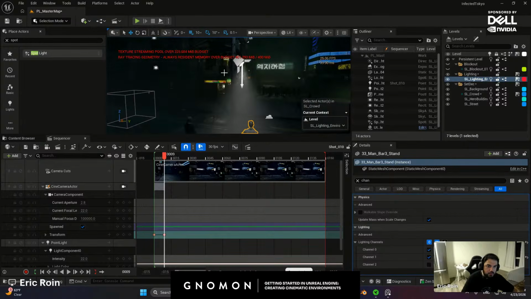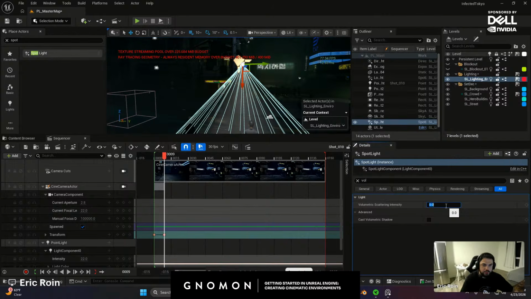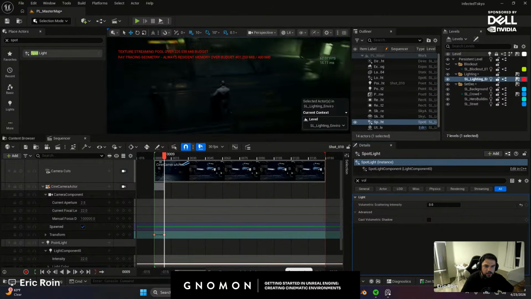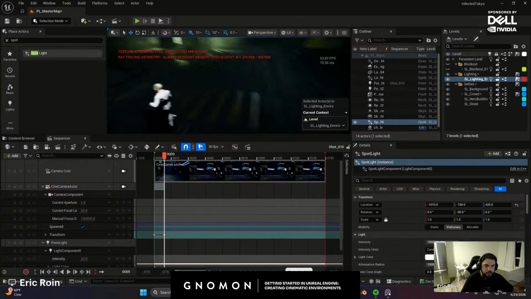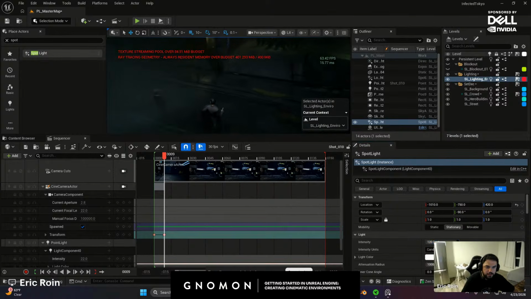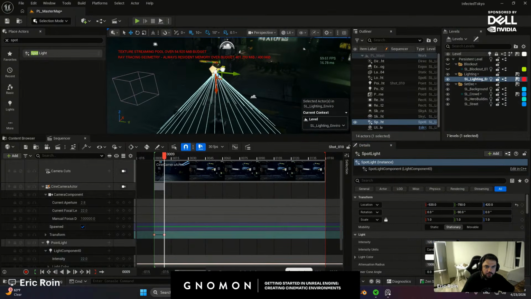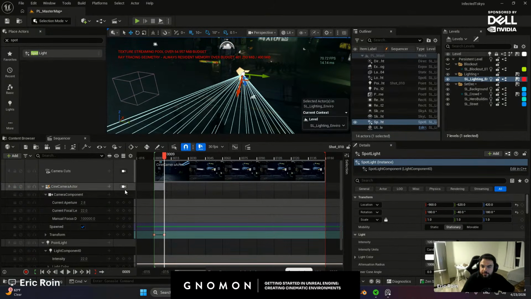Now, the giveaway is obviously the volumetrics. So let's disable that. I'm going to set that to 0. We don't want that. And now you see that light, if I make it even super intense, just visually, this is very bright, does not affect the ground at all. That's a great way to trick it. You don't want to overdo it because that can break continuity of your lighting scenario, but this can definitely be helpful for some quick cheats here and there.